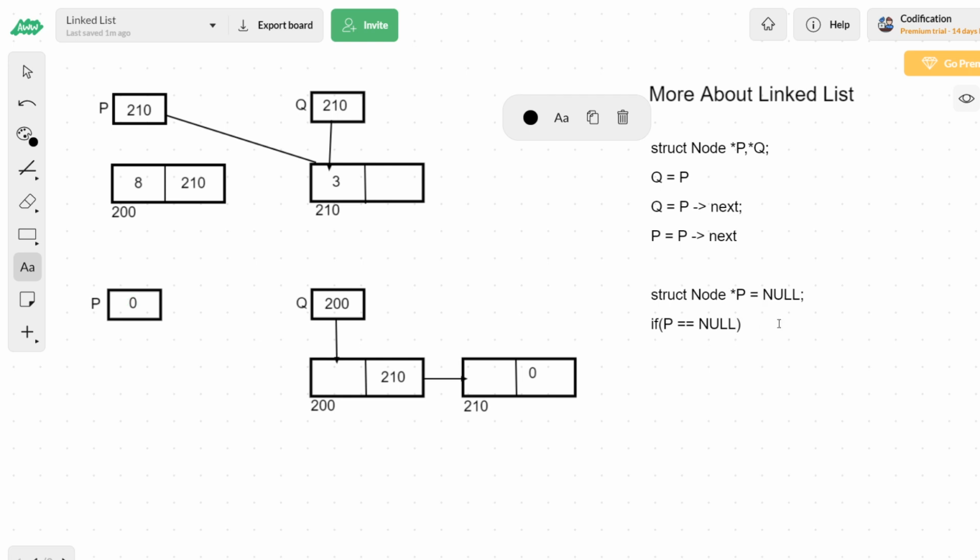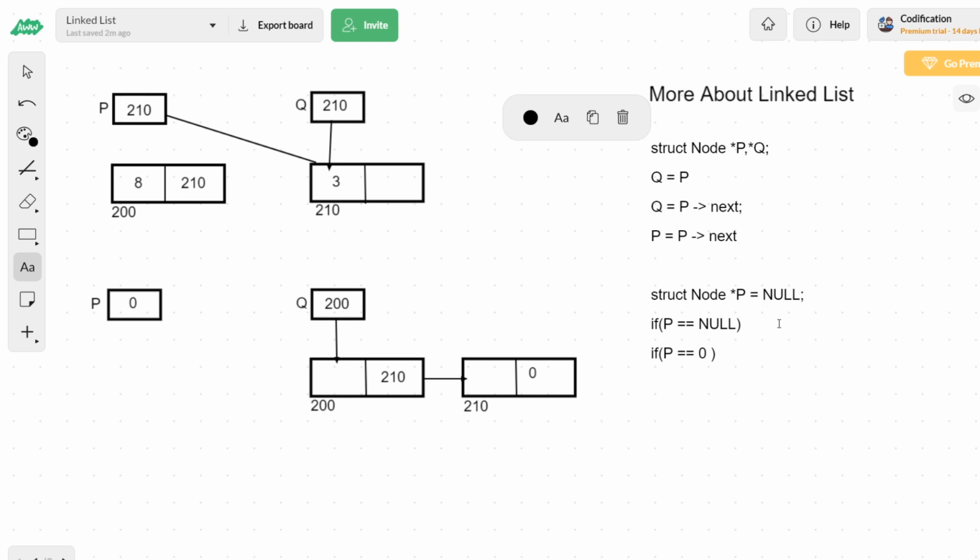Is there any other way to write an if condition for this scenario? Yes, there is. I can also check if p equal to 0. Am I right or wrong? Either you check whether p is equal to null, or we can check whether p is equal to 0. Is there any other way?